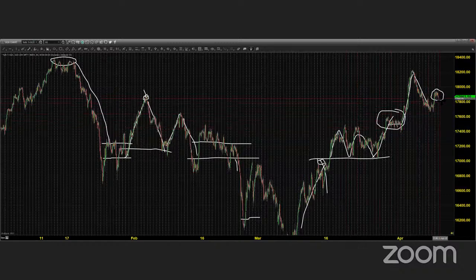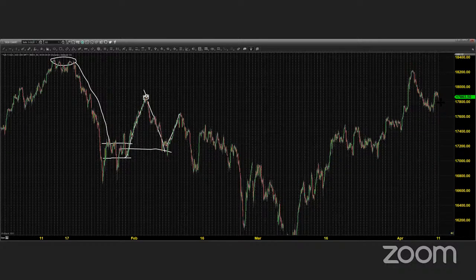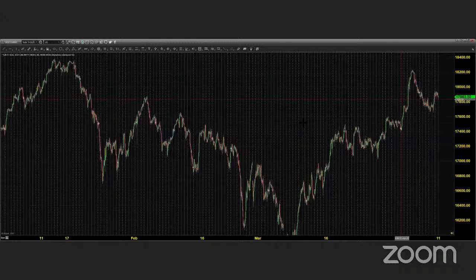I'm going to delete all these annotations. It will take some time. Then we will come back and try to draw the supports and resistance. So after seeing all these things, it's quite clear that moving from right to left, you see,